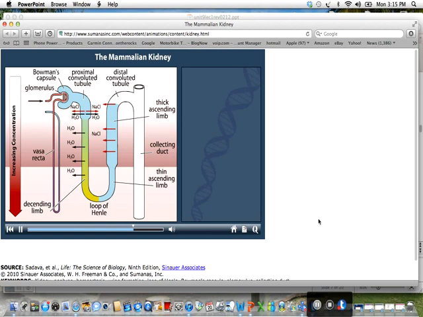It is, however, permeable to sodium and chloride ions. Since the tubule fluid is more concentrated than the surrounding tissue, sodium and chloride ions diffuse out. The thick ascending limb continues to move sodium and chloride ions to the medulla by active transport. As a result of this process, the tubule fluid reaching the distal convoluted tubule is less concentrated than the blood plasma,